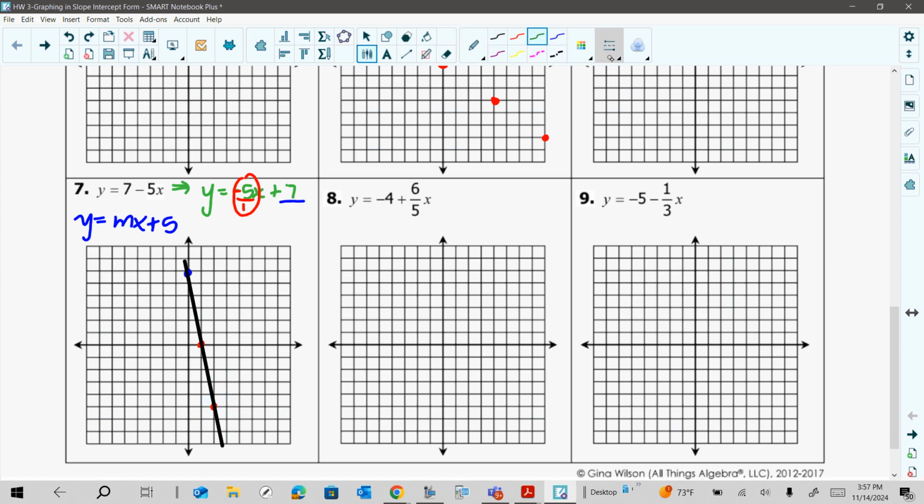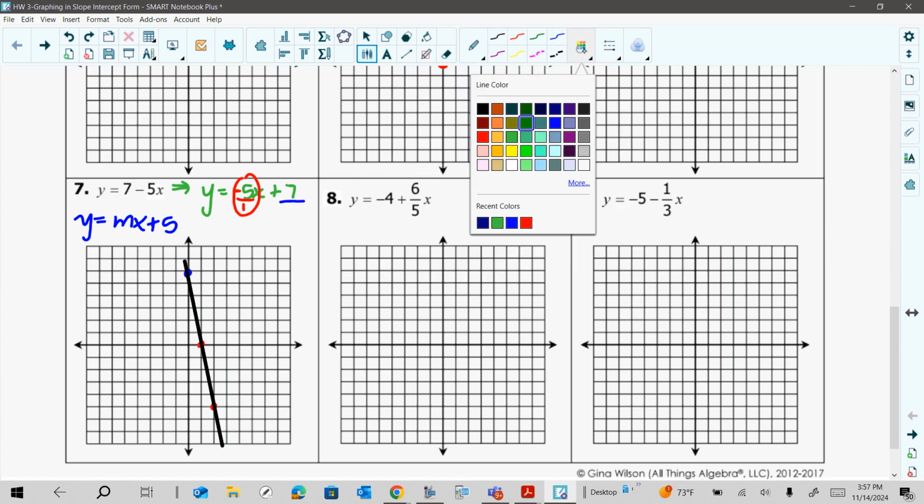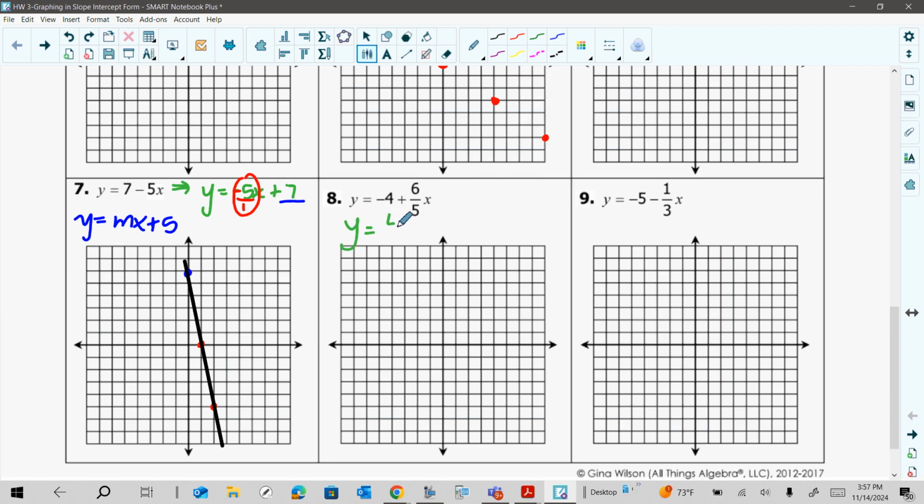So if you need to, you can rewrite them. Change this order around. So y equals, put the slope, the 6 over 5x, and then minus 4. And then graph like we normally do. So try to rewrite 9. And let's see if you got, hopefully you saw negative 1/3 x, then minus 5. And then graph, like I said, start with the y-intercept and then move for additional points using your slope, using